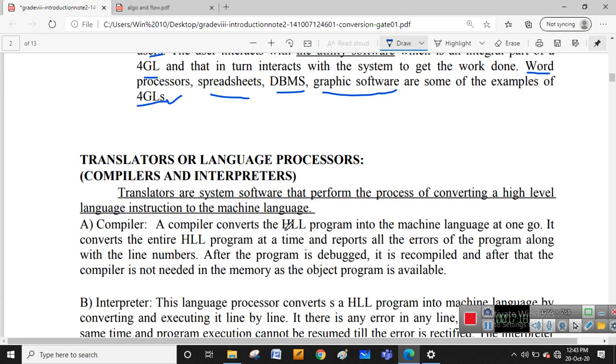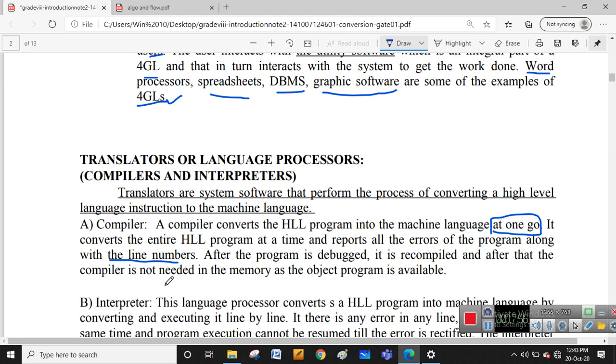A compiler converts an HLL (high level language) program into machine language at one go. I just now told that at one go means at a time, at the same time. It converts the entire high level program at a time and reports all the errors of the program along with their line numbers. So suppose in a program you have written 10 lines, and there is some problem in the 6th and 7th lines. After writing 10 lines, once you click on the compilation button, if the 6th and 7th lines have errors, it will report them by highlighting the 6th line and 7th line, so there you have to rectify those errors, and again if you compile, then